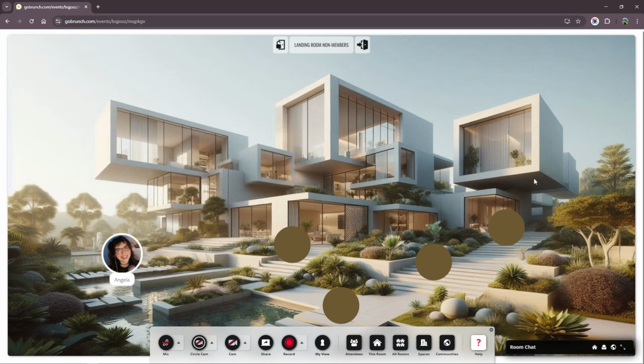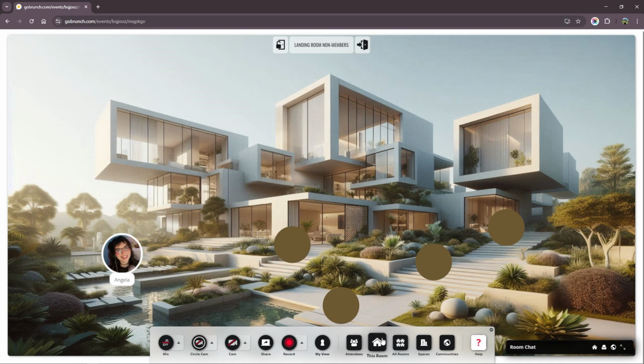But when you're using Stripe, the landing room for non-members will be a little different because this room can be your promotional room. Here you can embed videos, play music, and add all the information about your community, creative banners, everything that shows what your community is about. Like this you can motivate your members or future members to join your community.